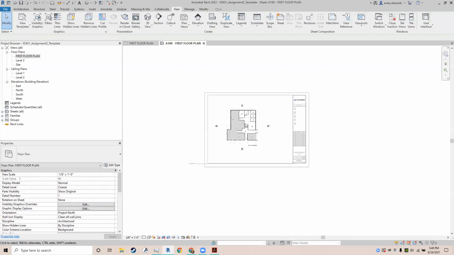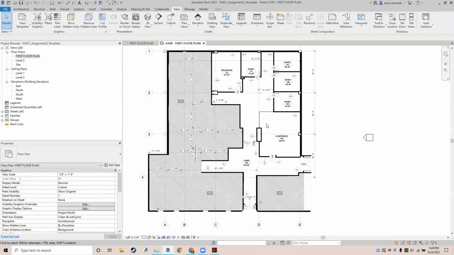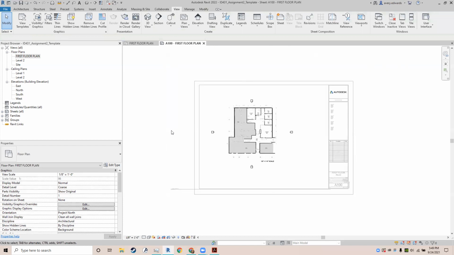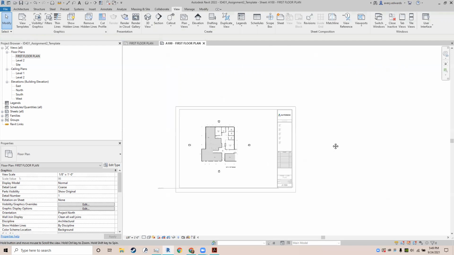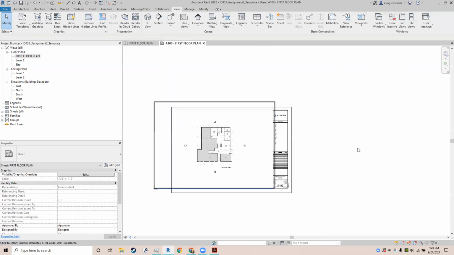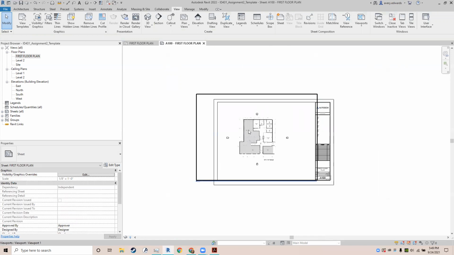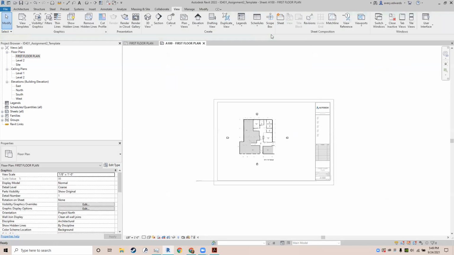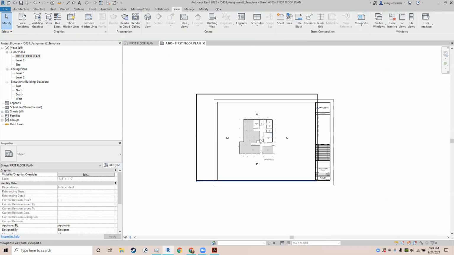I double click to get into the view, to activate the view itself, to work on the floor plan, and it grays out my title block. And then to get back out, I double click outside here to get back out. You can also right click and say activate view, and then right click deactivate view, or you can set up